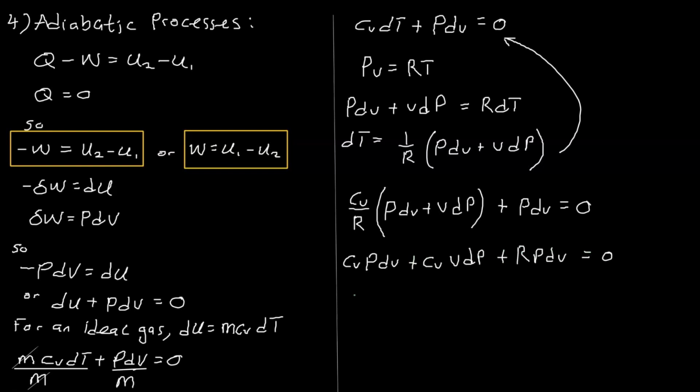And this becomes Cv plus R times PdV plus Cv times VdP equals 0. In the previous video, we derived a relationship between the specific heat at constant pressure and volume and the gas constant, which is Cp equals Cv plus R. So in our equation, we can write